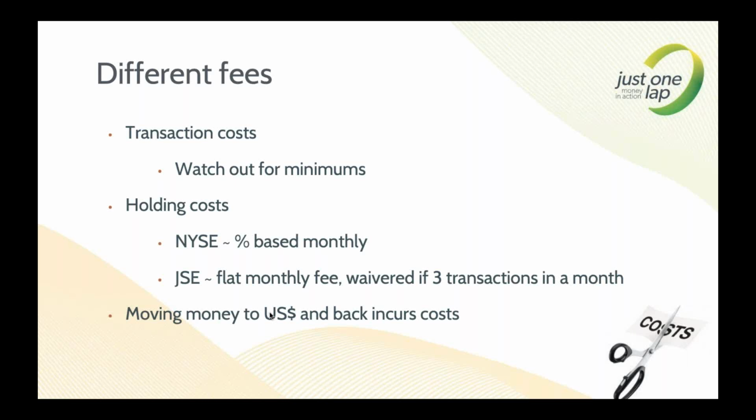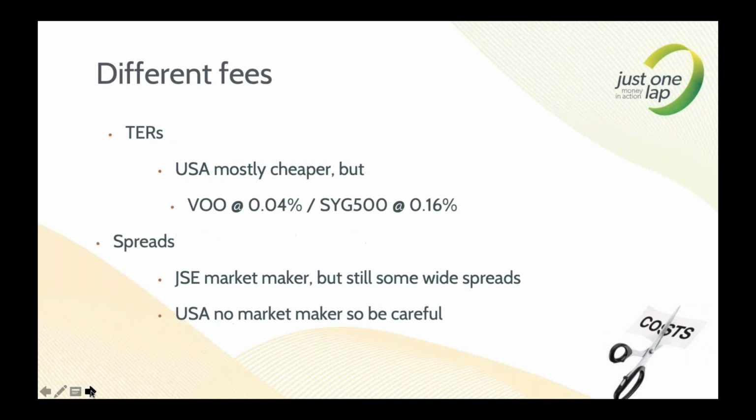It's definitely a fee, but it doesn't stress me very much in terms of fees because it is a one-off fee. And the Shift app, SHYFT, if you're a Standard Bank customer, is a great product for moving money, and the others might have as well. Obviously, the total expense ratios, total investment costs, etc., the US is mostly cheaper,